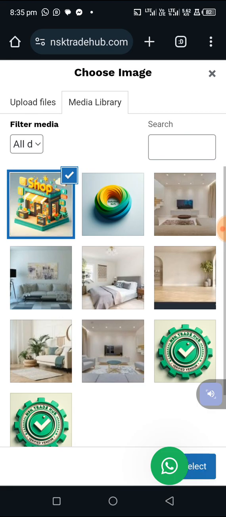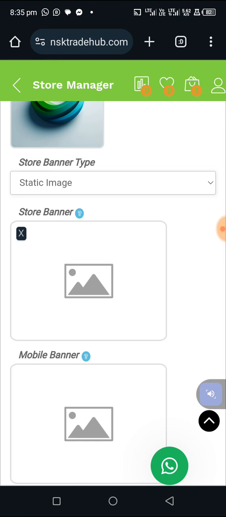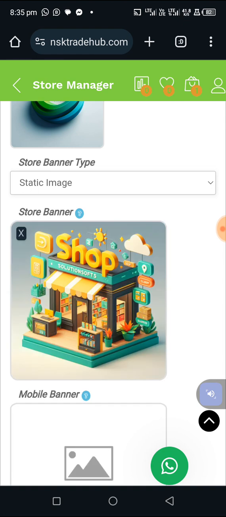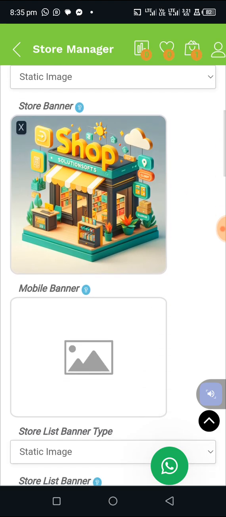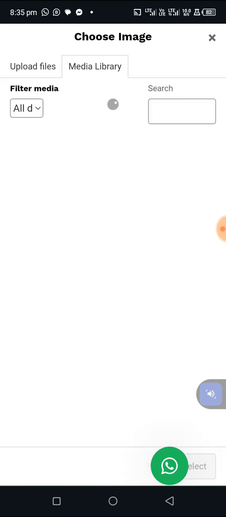So the banner is now there. I click select here. So the banner is here. You can see it's Shop Solutionsoft. Now this one that says mobile banner is still the same thing as this one. You have to click here and still add the